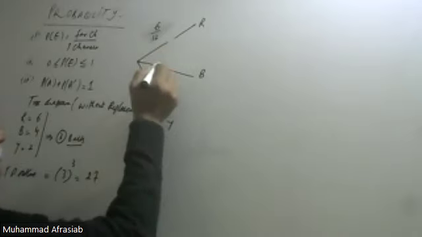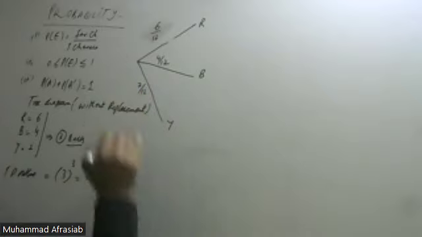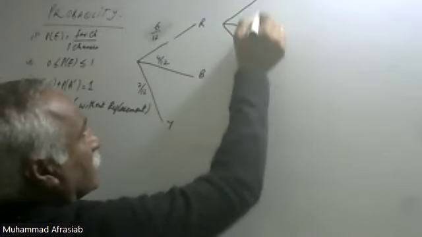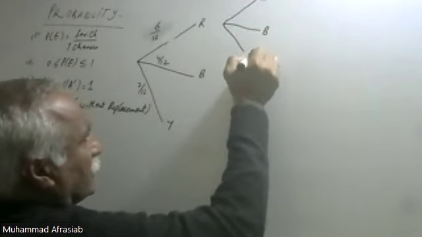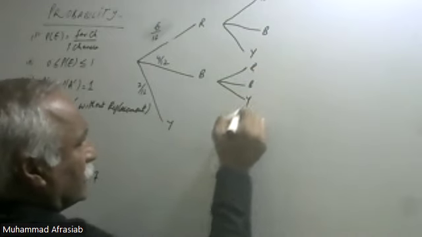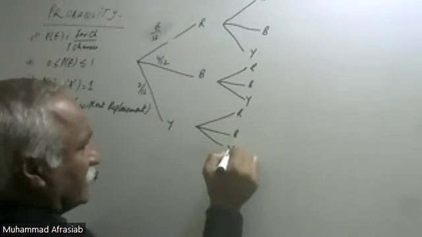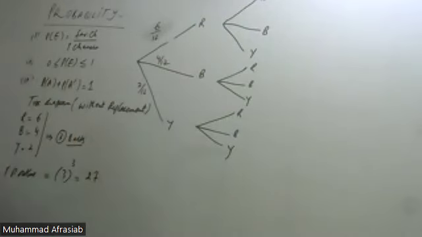This should be 4 out of 12 and this should be 2 out of 12 for this yellow color. For the second draw, here we are going to make the second draw red, blue, yellow, red, blue and yellow. So for the second draw, because it is without replacement, so you can make this like